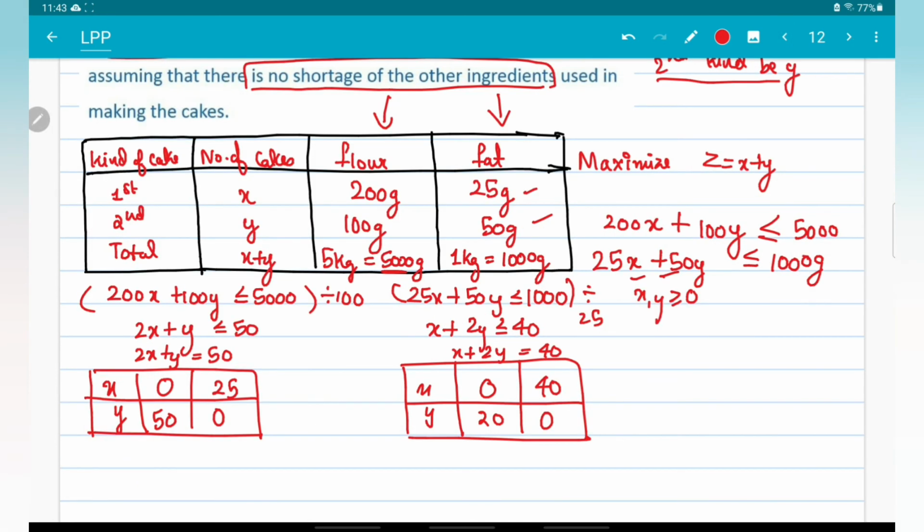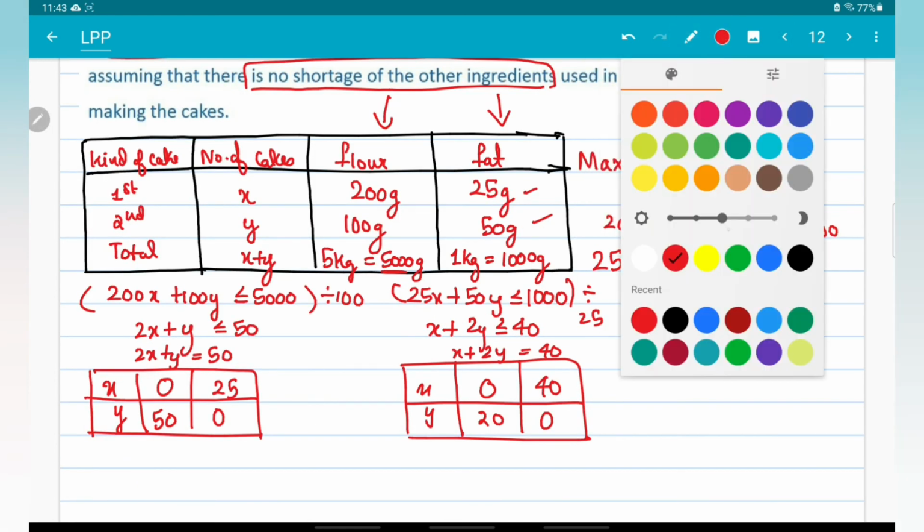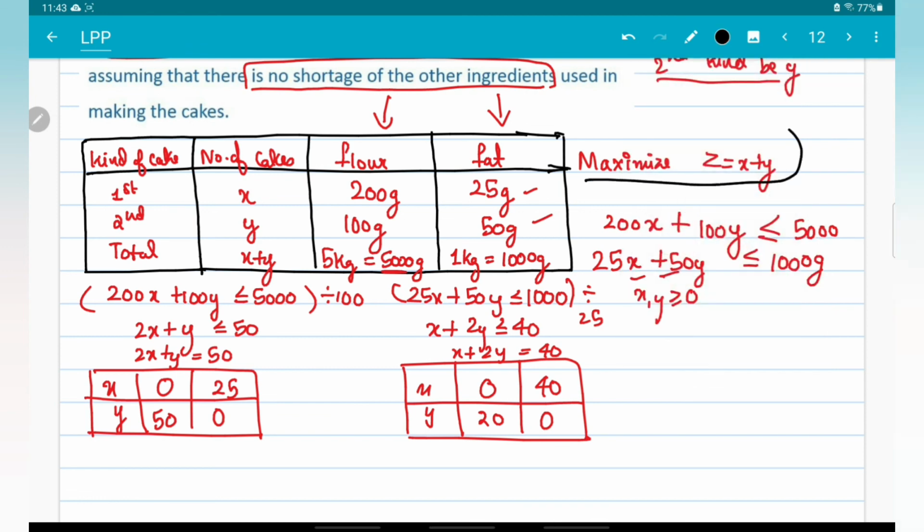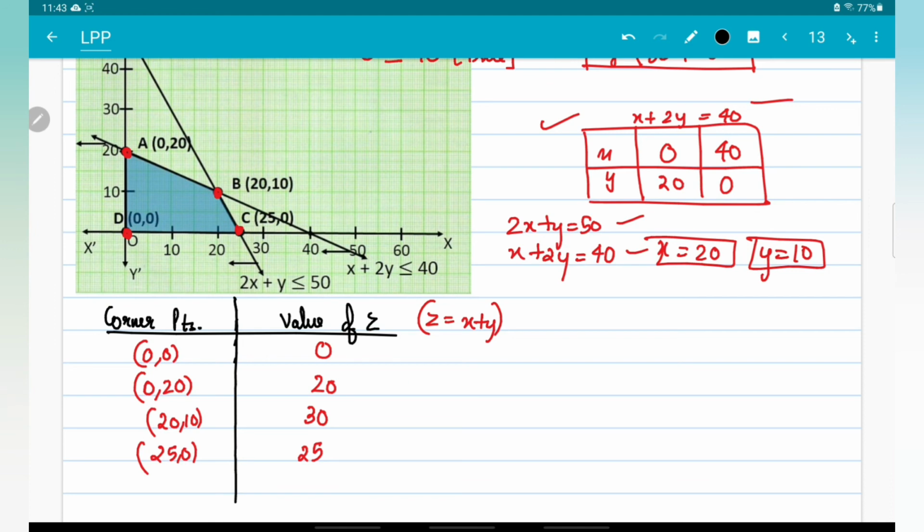Now in the question they had asked us to maximize z, in the sense that we have to find the maximum value of z. From these values, the maximum value of z is 30. So with this we have found our answer: 30 is our maximum value, which means that the maximum number of cakes that are going to be made will be 30, and in that maximum, the number of cakes of first kind,